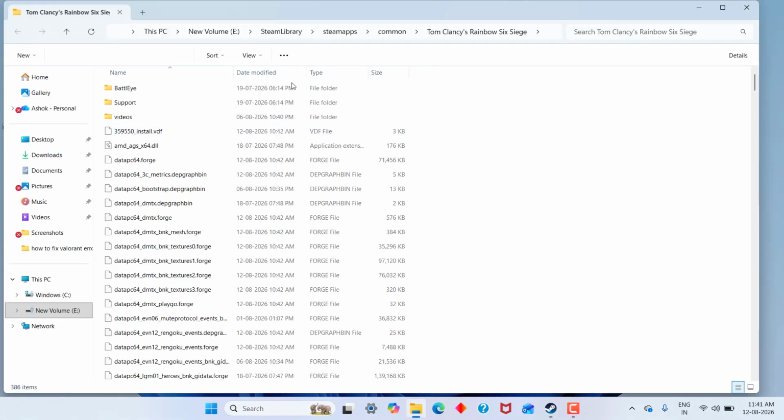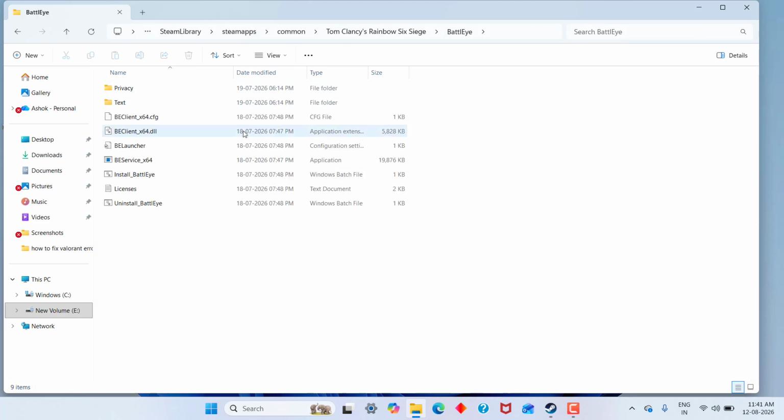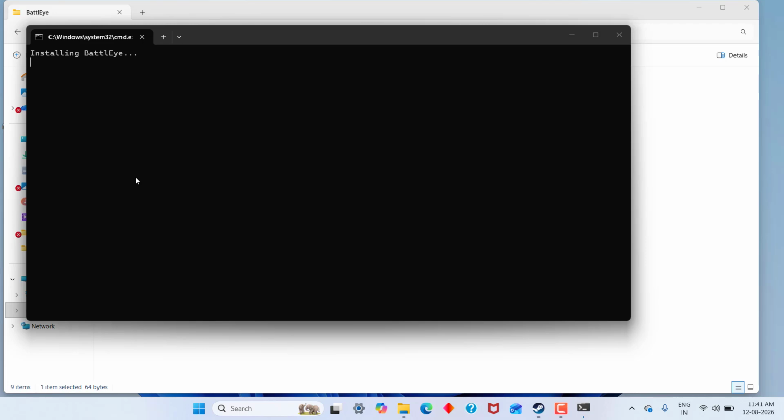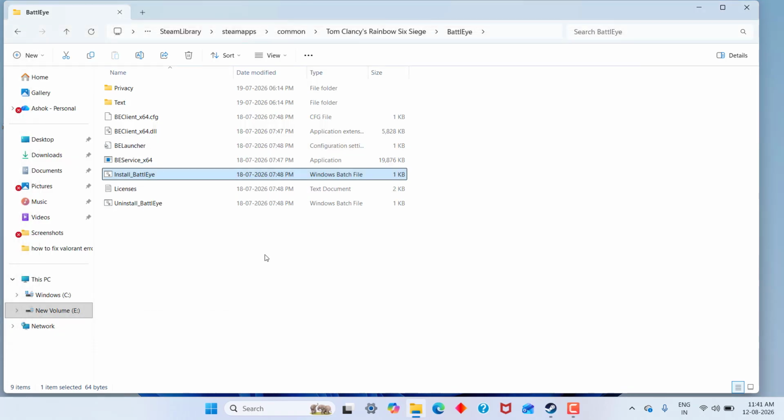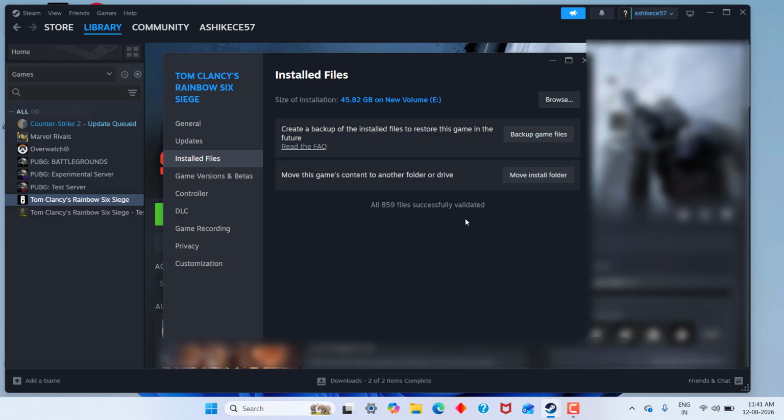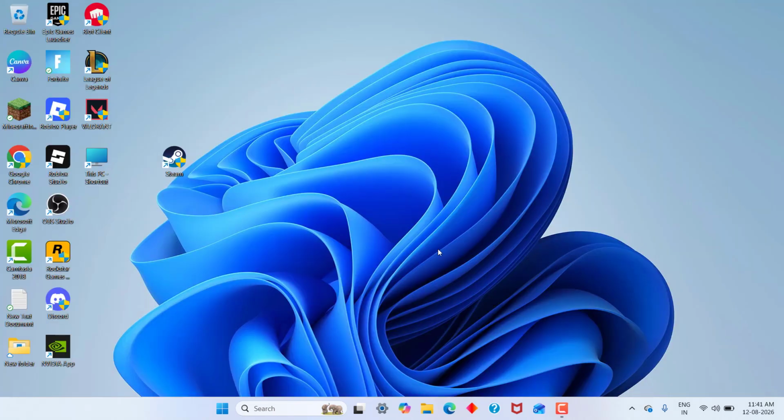Click browse, click the BattlEye folder, scroll down, click install BattlEye, click it and wait for some time. Do it for 1 or 2 times, then close it, then move on with the next step. Close Steam, click settings,